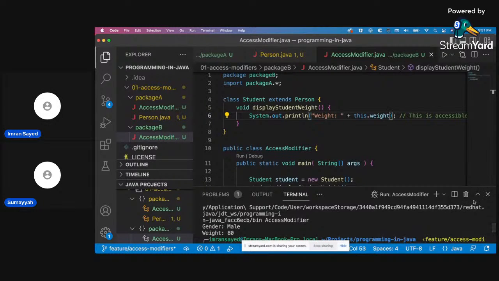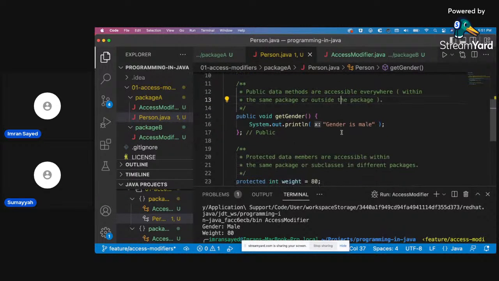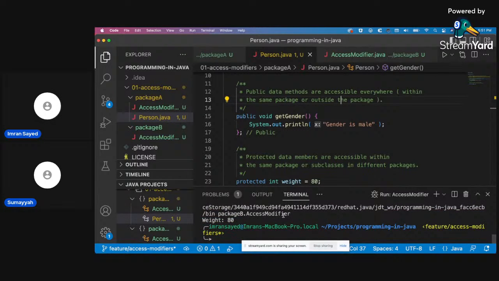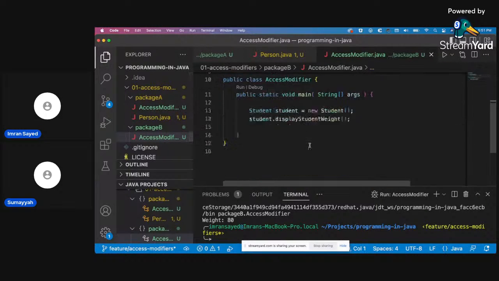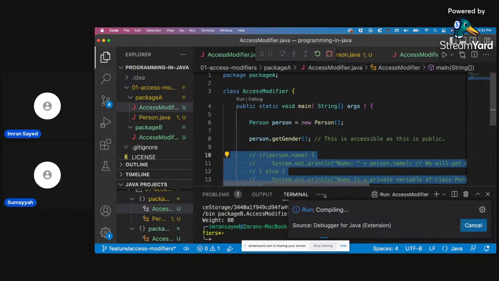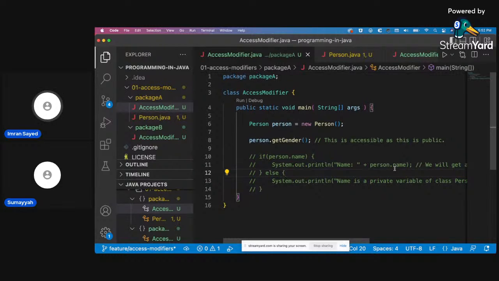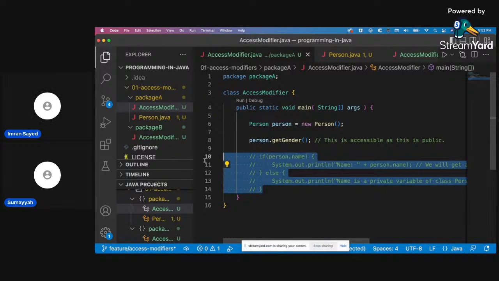Okay, cool. Gender is male. Where is that being printed? Why is that not printed? It's because I ran this class. I should run this one for that to work. Yeah, now it's fine. Cool. Okay, sounds good. I'll uncomment this.